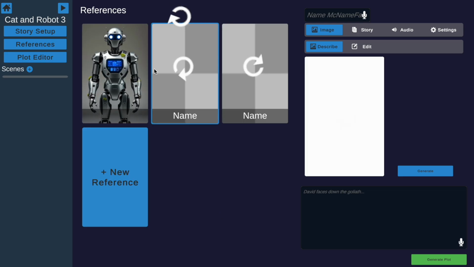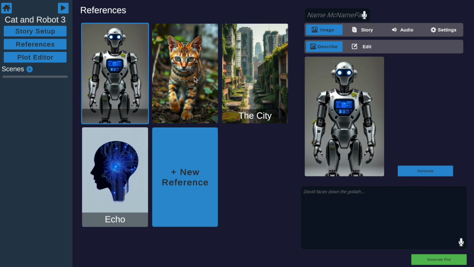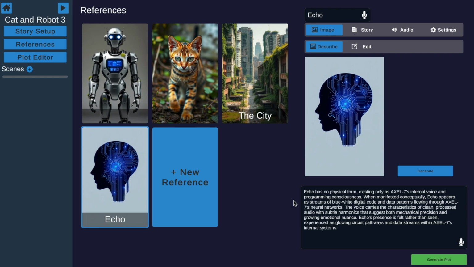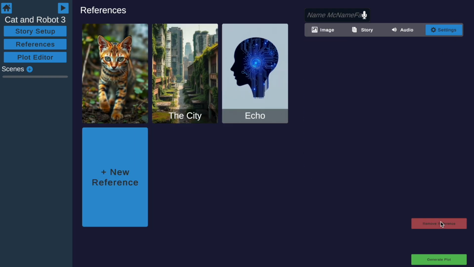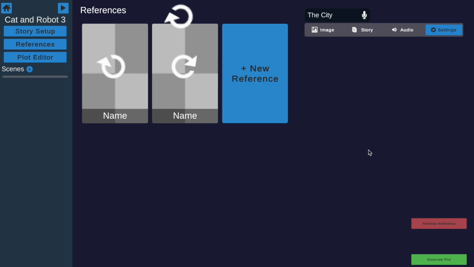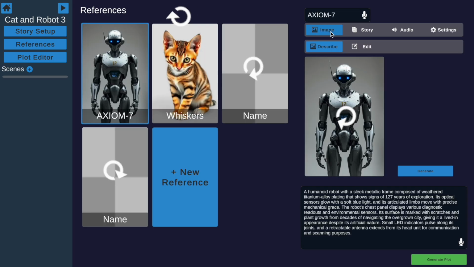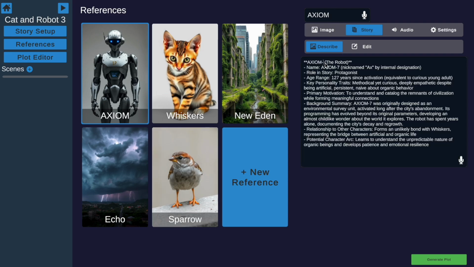First step was writing down the story, which is just like a brain dump. Second step is getting the characters. I realized that there was a bug here where the characters, if I clicked on them before they had loaded, it undid a lot of the actual automated description. So after going back, deleting characters, going back, I get the full descriptions with the characters as they're generated, and